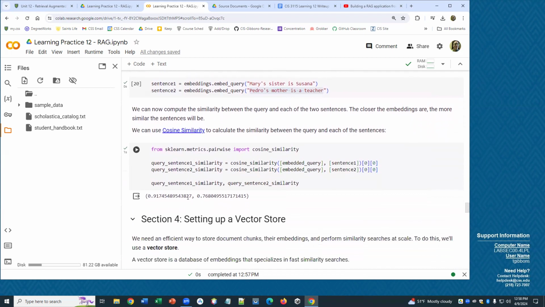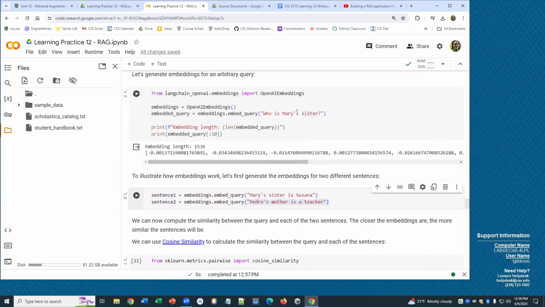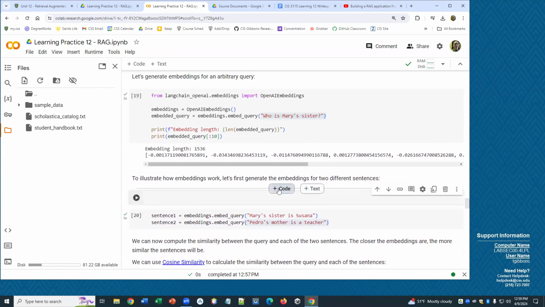So cosine similarity says the similarity measure to the first sentence is 91, not the distance. And we want this higher. If it is closer to 1, it is very similar. The other one is 76. So it is closer to this one than to this one here. And so if we want to answer this question, we should,